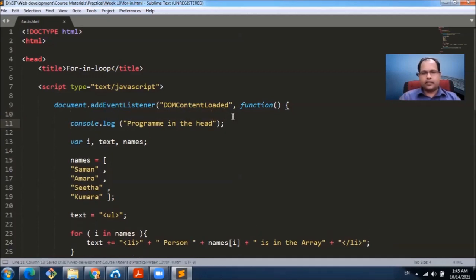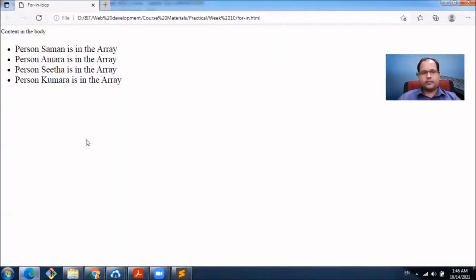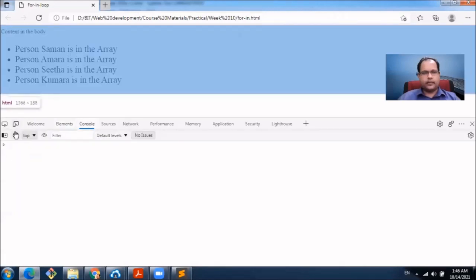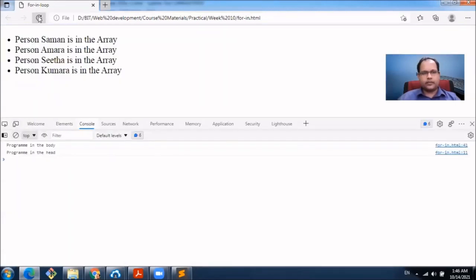What text do you think gets written into the console first? Let's try that out. Let's open the console here, clear it and refresh. First, program in the body text appears and then the head. That means this gets executed only after the document is loaded, after this text, after this script even gets executed.